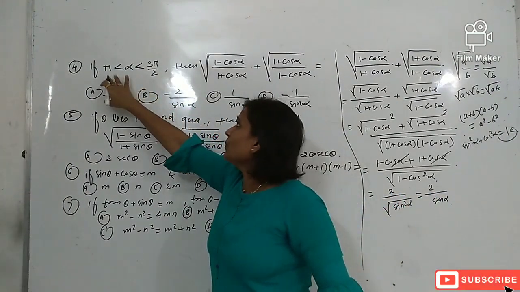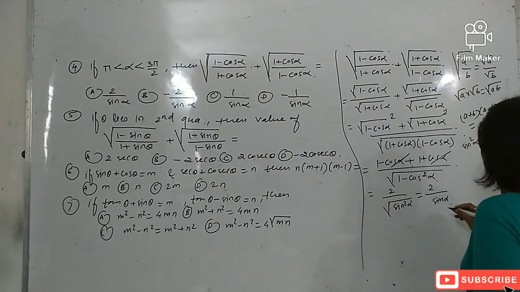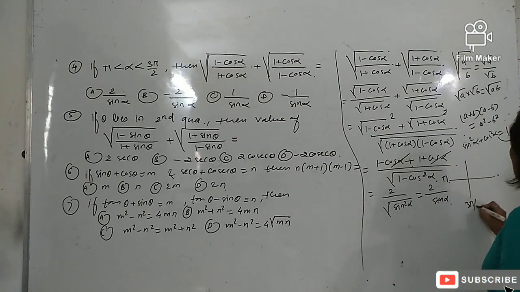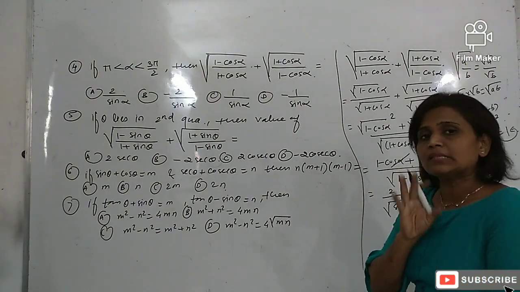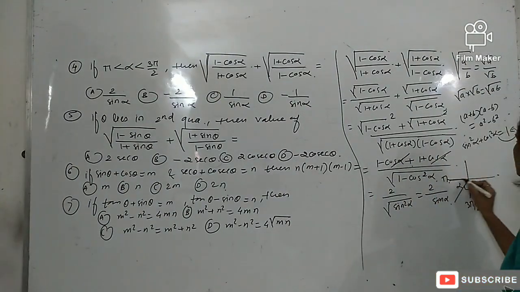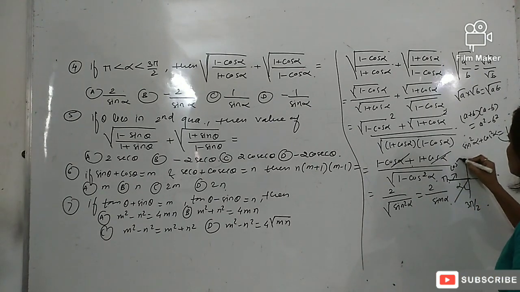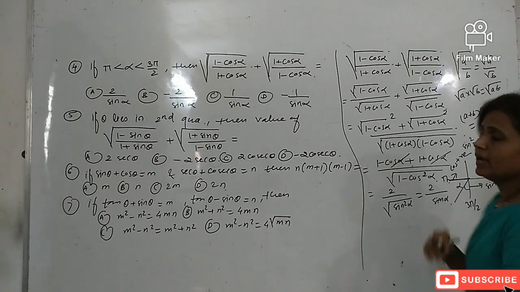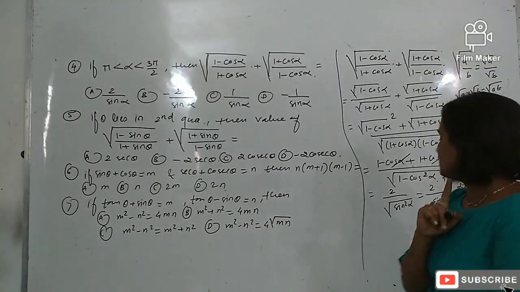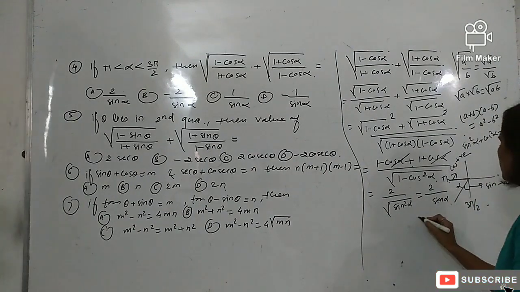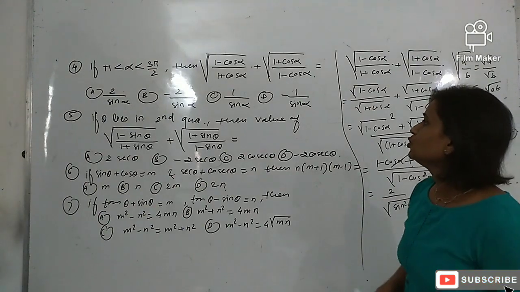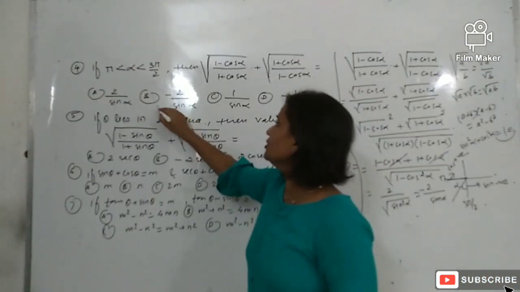So alpha is in between pi to 3 pi by 2. So pi value is 180 and 3 pi by 2 means it is 270. So here is our alpha, and this alpha is present in the third quadrant, and in the third quadrant cos is positive and sine is negative. X coordinate means cos, y coordinate means sine. So sine is negative. So we have to go with the negative sign here. So the correct option is minus 2 by sine alpha. So minus 2 by sine alpha is the correct option B.